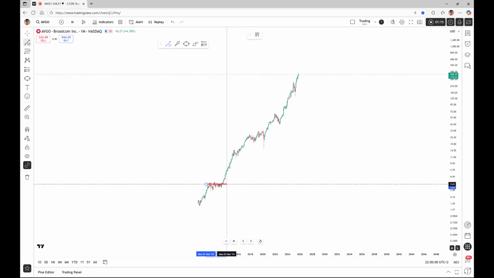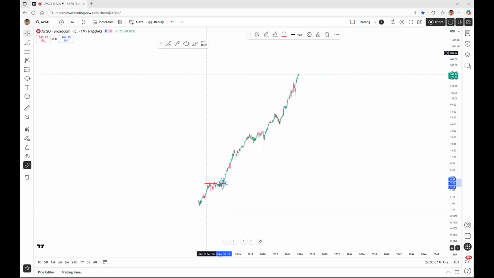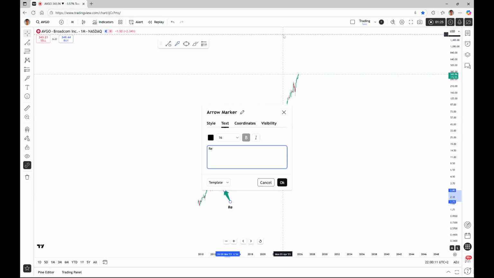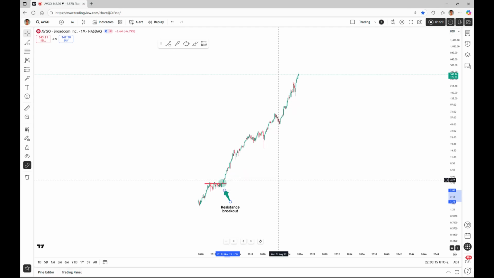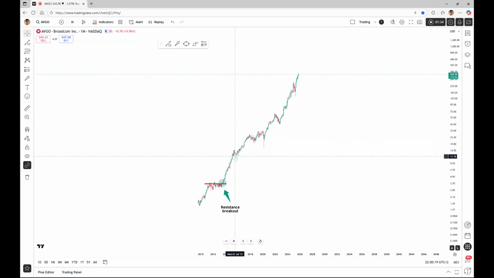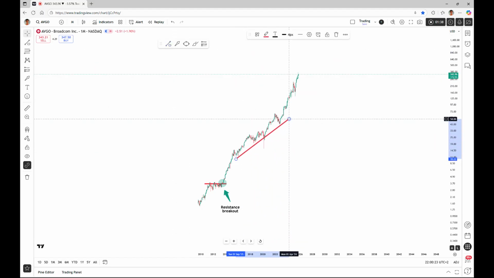back in 2013, for quite a long period of time, Broadcom has been respecting this horizontal resistance exactly at this psychological $4 level. Then in mid-2013, we saw the so-called resistance breakout on Broadcom, which was then followed by a parabolic rally. We actually, in 2015, so exactly a decade ago, then saw the establishment of a significant rising channel